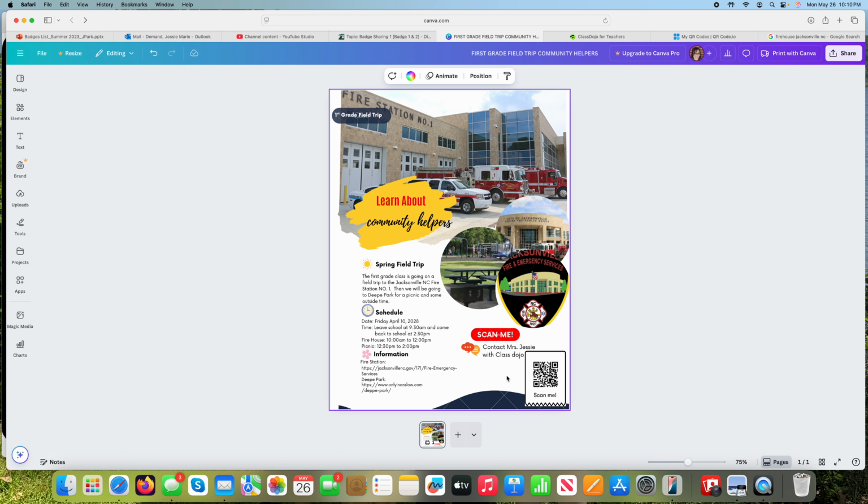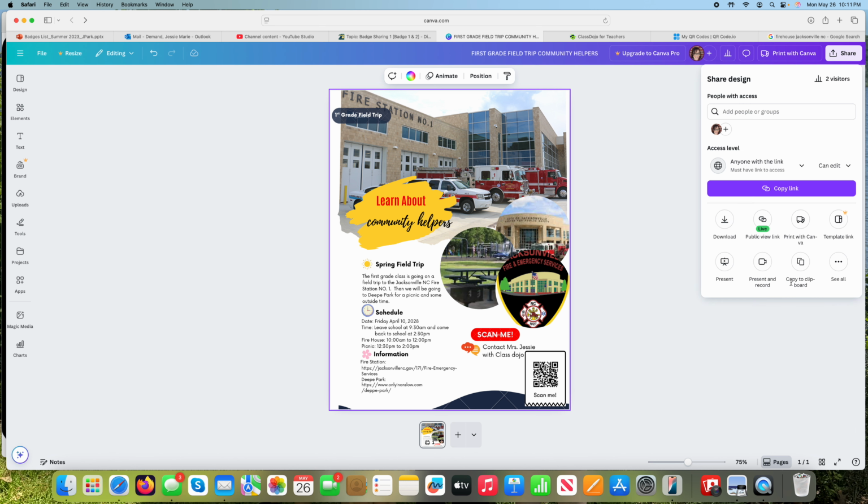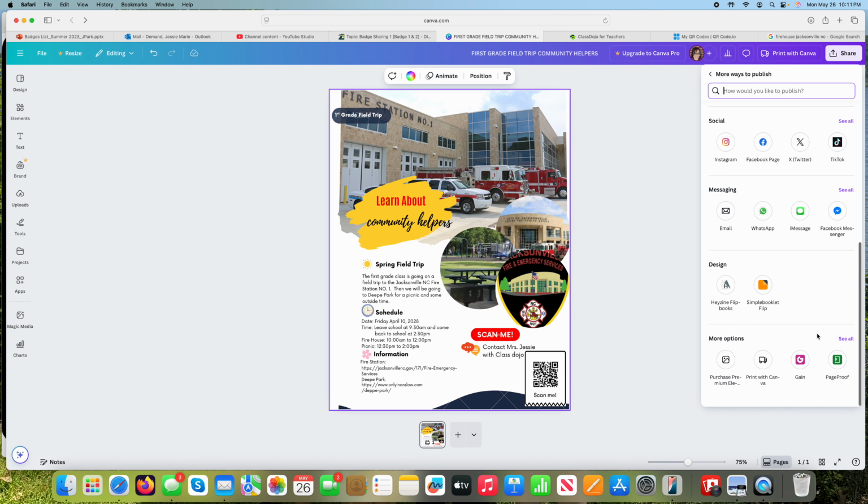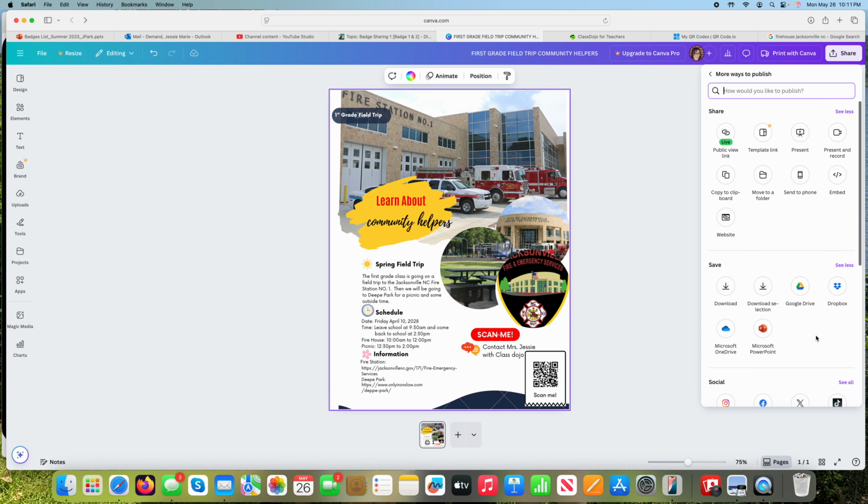So when I was done making this flyer, on the right hand side over here, it asked me if I wanted to generate a QR code. It is not asking me now. It is not giving me the option to generate a QR code now. And I'm not sure why. I'm thinking it might have been because I did have the Pro when I did this,